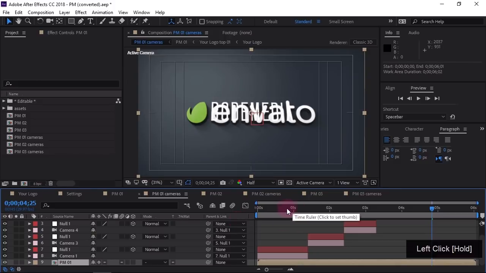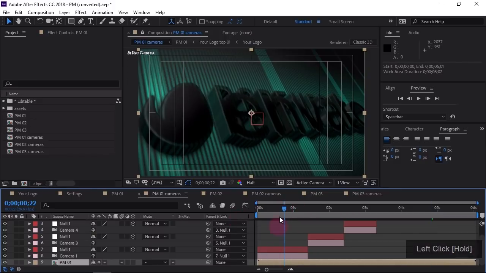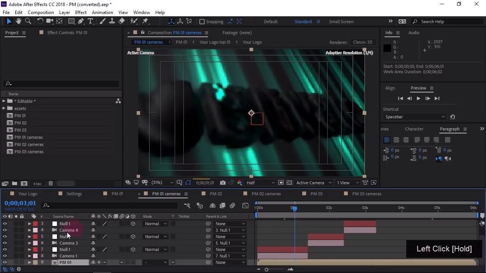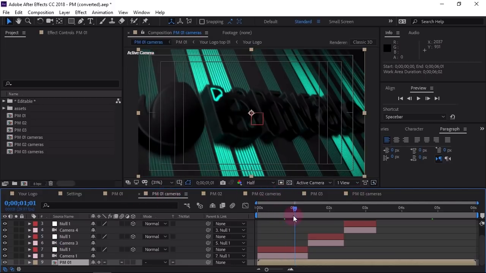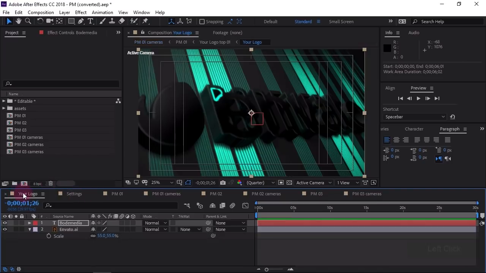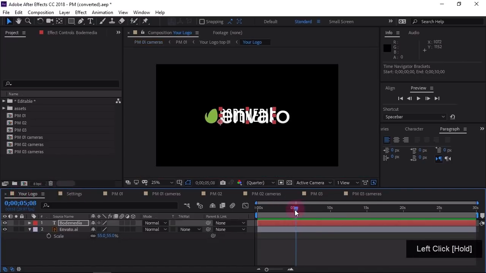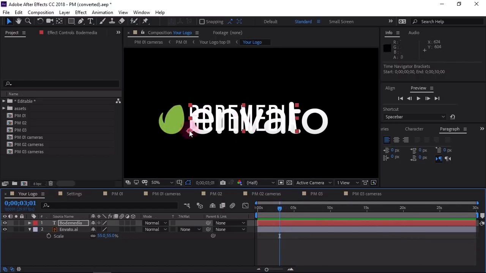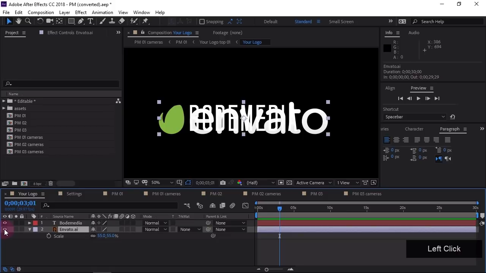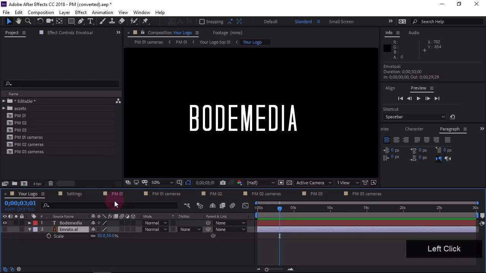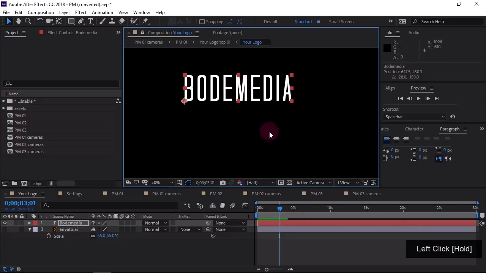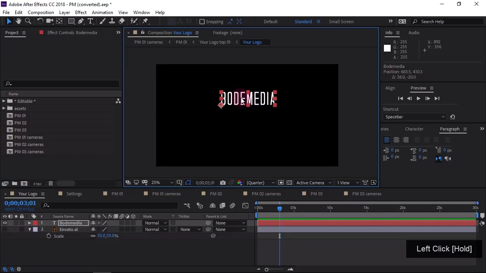Okay, good. So because these cameras in this comp and these other camera comps here get pretty tight on the logo, if I don't position my logo, let me drag the CTI back here so I can see roughly where this Envato logo is, then those tight shots are not going to work. For example, let me just shut this Envato layer off by clicking the eyeball right here. Then I'll make it disappear. And then if I just move this up, you might think, oh, actually my logo looks pretty cool there. Well, maybe, but